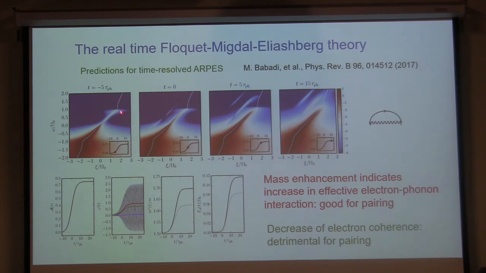So what we're looking at here is the spectral function of the electron. This is something that angle-resolved photoemission would measure. And this is a function of time. We start at times before the system was driven, and then we end sort of like here, the pulse comes in and changes the spectral function. So what I want to point out is that this dispersion has a kink.